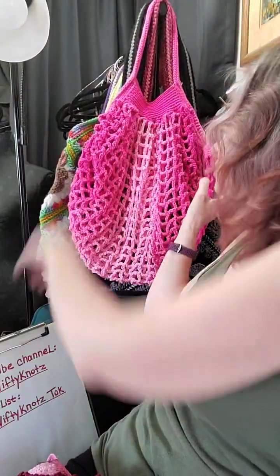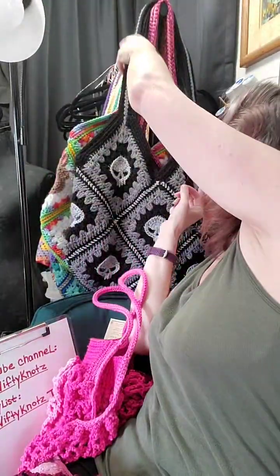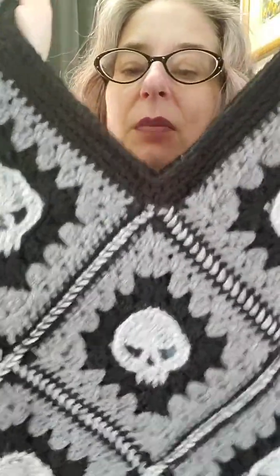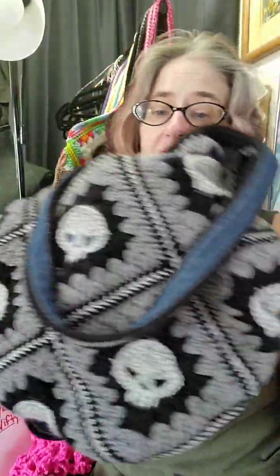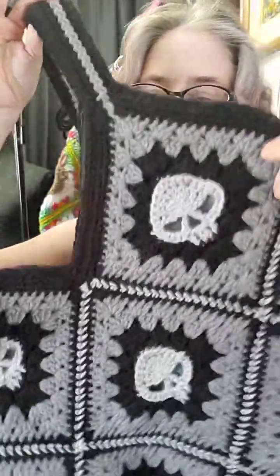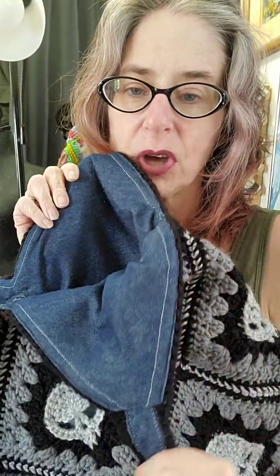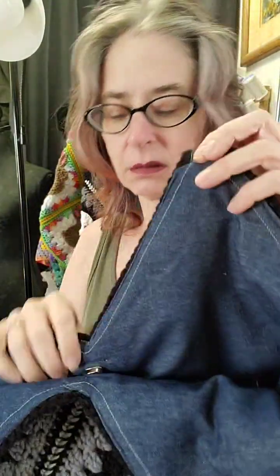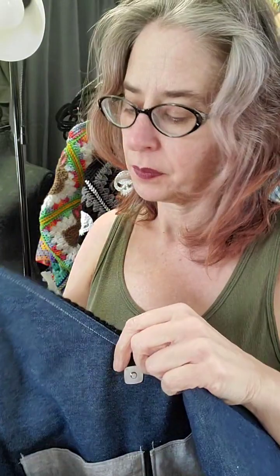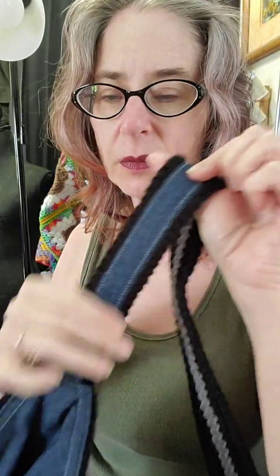But so the lining's from that bag, I know I get off topic. They said you get real. So that's how I do my granny squares so that the motifs kind of pop off. And honestly, I just put my bag out and I trace up to here. So I trace here, here, and I trace down to here. And I just make two panels like that I trace. And then I hem the tops of it. And where it's going to be stitched on, I hem those. And then the same thing, this is like a 1-inch piece of bias tape I ran,